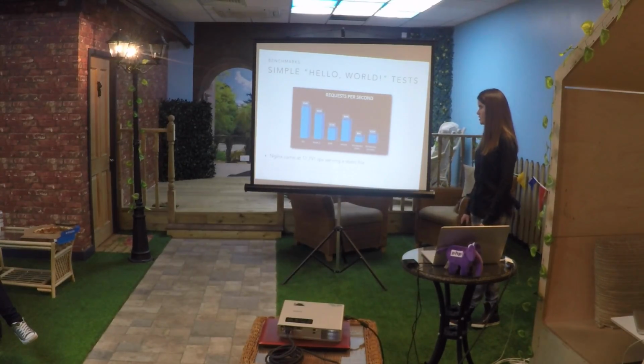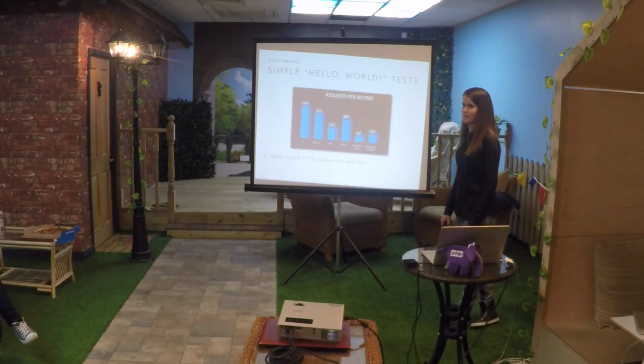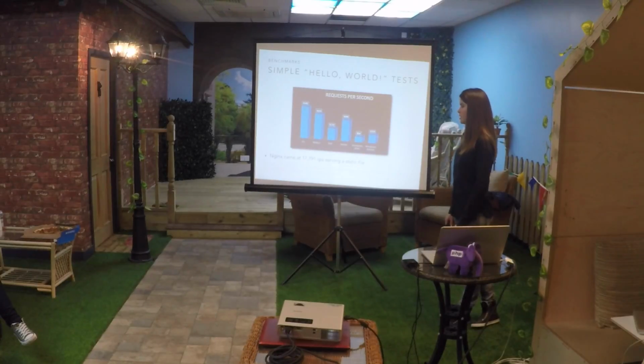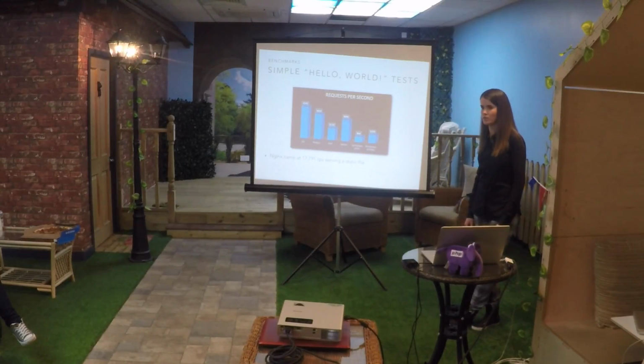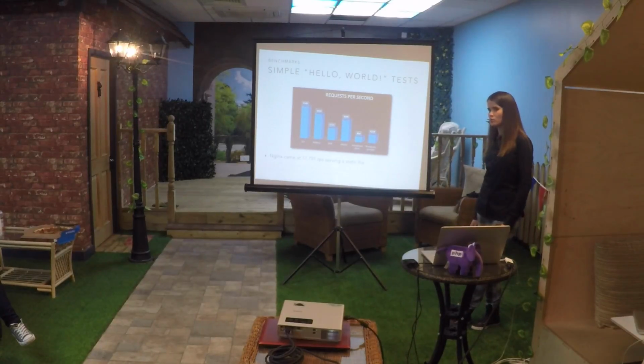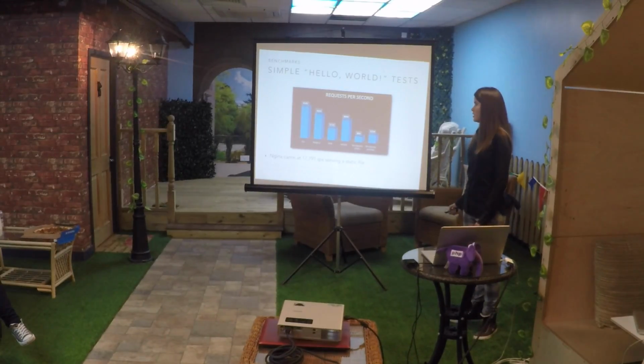Just to give you a comparison, Nginx came in at almost 18,000 requests per second, serving just static files. So Nginx is still a lot faster. But a lot of these benchmarks basically show and conclude that Go is faster than PHP. From personal experience, I also noticed that. It just feels so blazing fast compared to PHP. So if you were looking for something slightly faster than PHP, especially if you're not necessarily building a web interface of any kind, then Go might be something that you want to look into.